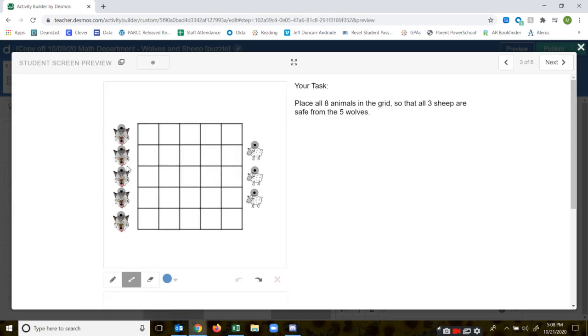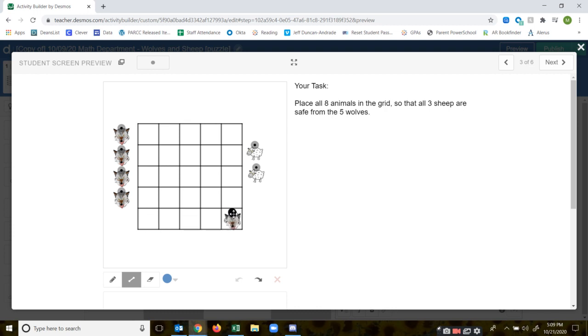So here's an example. You got the 5 wolves and you got the 3 sheep. And like I said, they can only go on one space themselves, so you can't do something like this where both are together. So let's say you're starting small with just 1 wolf and 1 sheep, because I would always start small and add on as you go. If you put a sheep there, you cannot put a wolf here, because the wolf, as you know, can